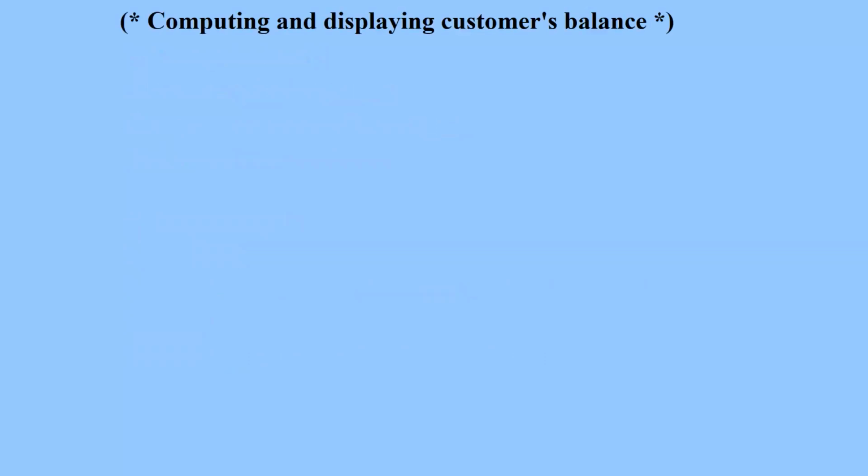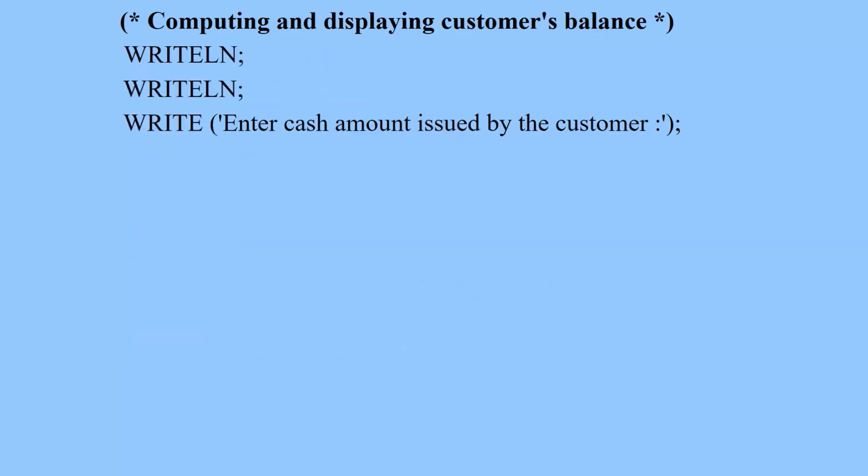Then calculating and displaying the customer's balance. So we write out one line, drop another line, and then the statement will be displayed on the screen as enter cash amount issued by the customer. So the cashier will get, for example, the amount given. If the amount given is 1,000, that amount will be entered by the cashier by typing on the keyboard, and then pressing enter. Once enter is pressed, that value will be picked and stored in the memory location called